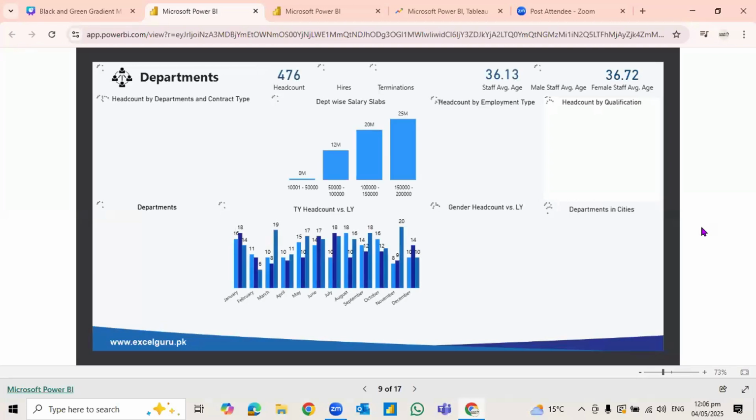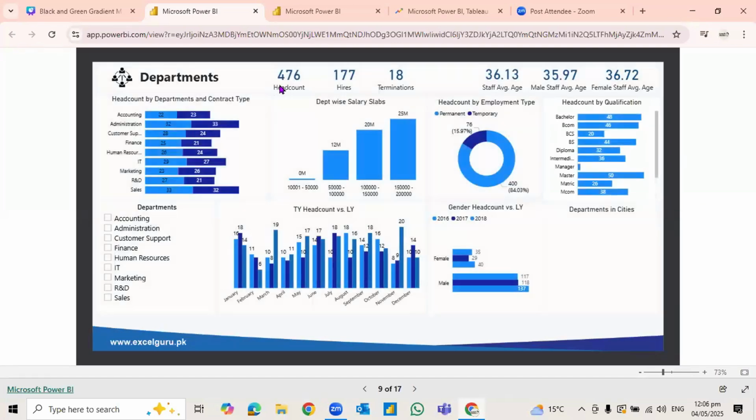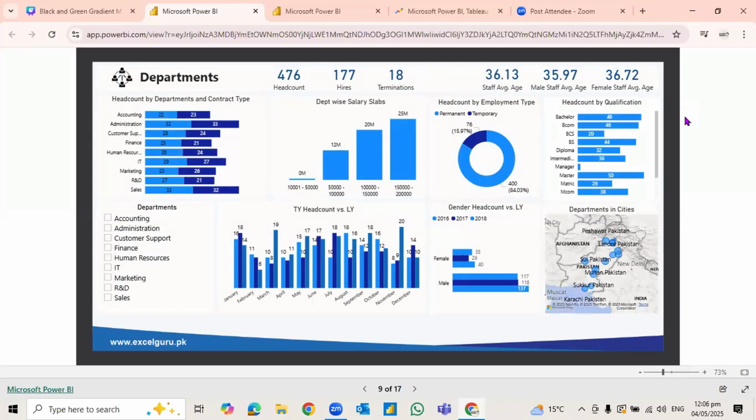HR analytics dashboard. This is my whole department's figures. I have headcounts, hires, terminations, average staff age, the education, the cities, the map, total count by month, male and female counts, and so on.